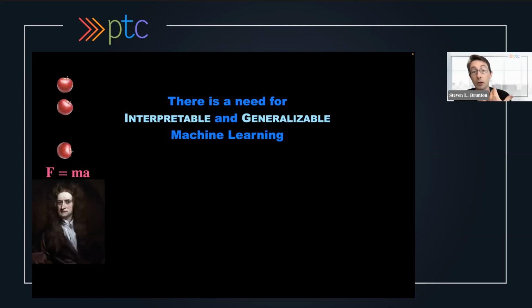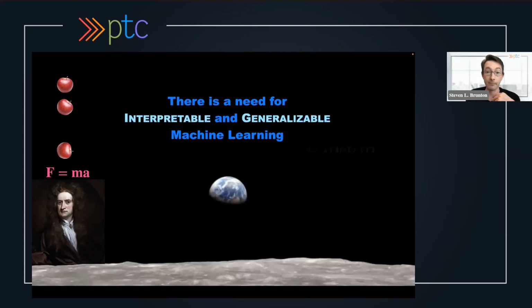So it's clearly interpretable in the sense that it has 3 terms, F, m, and a. They have units. You can write these down for a particular problem of interest, and you can go to a coffee shop and talk about them with a friend and discuss and communicate what they mean. It's very interpretable. And it's generalizable in the sense that you can learn F equals ma from an apple falling on Earth. At least that's how the story goes. And this model is still true when we land humans on the moon. That's an incredible leap of generalization that we would love for our machine learning models to have,